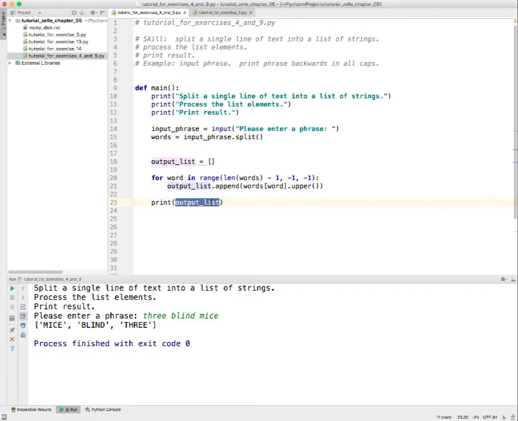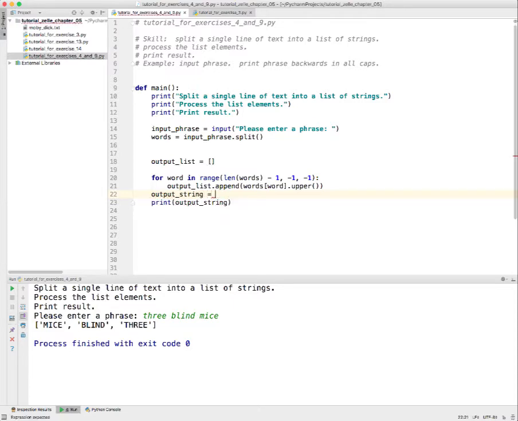So let's say we're going to print an output string. Okay, that's an output string. But we haven't created one yet, so let's create one. Let's say output string